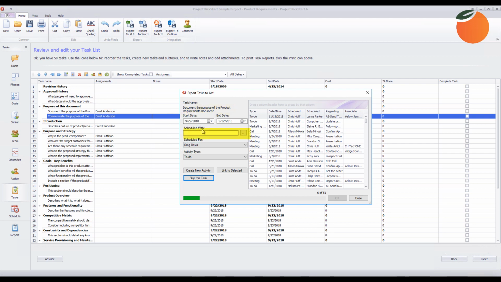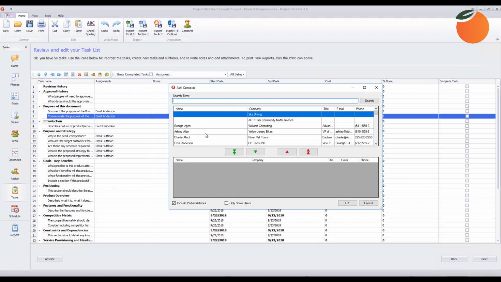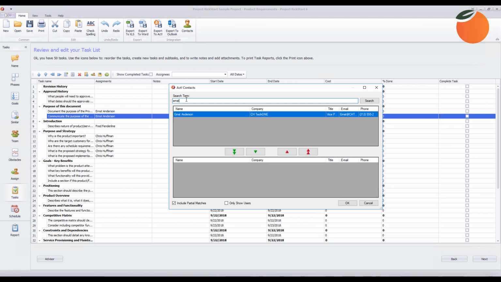So I want to choose this scheduled with field right here and have Ernst come up in this field. So I'm going to click this little button next to that. This will bring open the window to search my ACT contacts for who I want to assign to this. So I'm going to go ahead and just type in Ernst and hit enter. There's Ernst. I want to assign him. So I'm going to choose this down arrow to get him down at the bottom, and I'm going to click